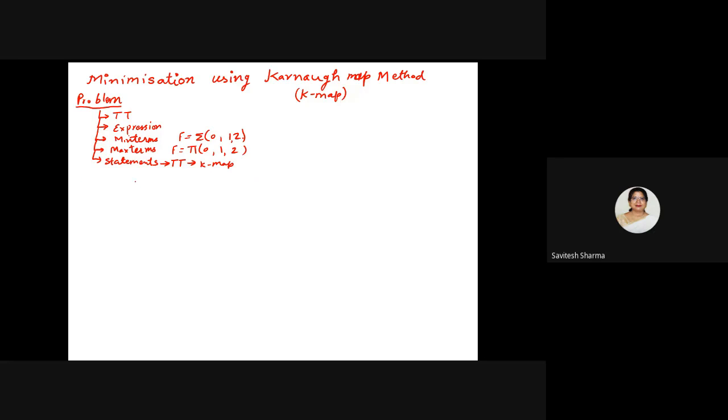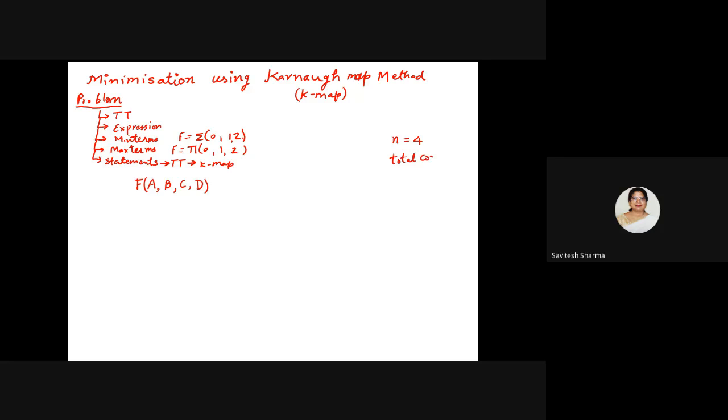You should know that if any function is dependent on 4 variables, how many total combinations will there be? Suppose I am saying your function f is dependent on a, b, c and d. So your function f is dependent on 4 variables. Here suppose n is 4. The total combinations will be how many? If variables are 4, how many combinations will there be? 16. So the formula is 2 to the power n.